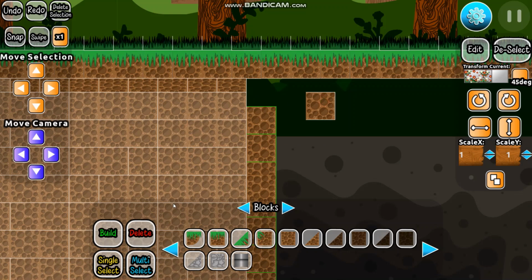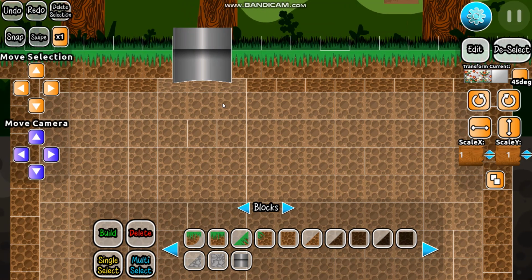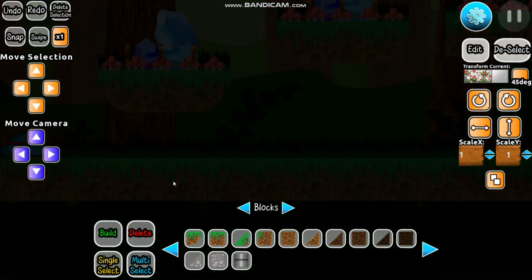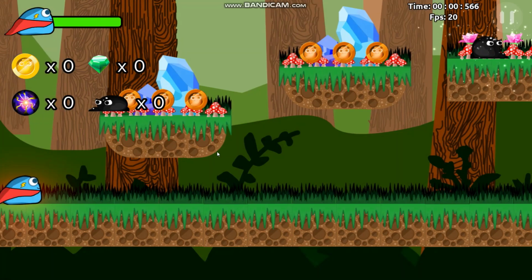A bit of just a block over here. Deselect, not delete selection. Actually delete everything rather than just deselecting. Go by 4. Okay, so this is the base of our tunnel. Next video we'll actually fill things in. All right, look at that. We have a nice tunnel. Okay, I'm just going to go over to the part where